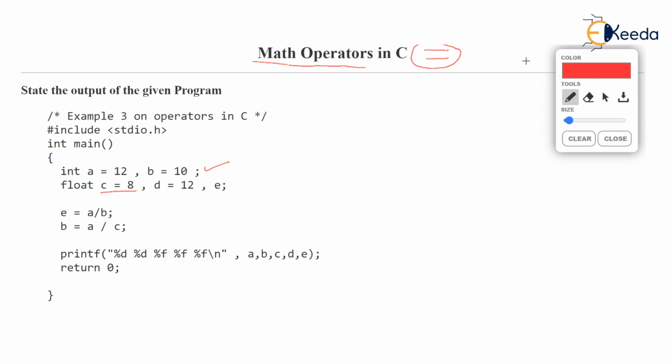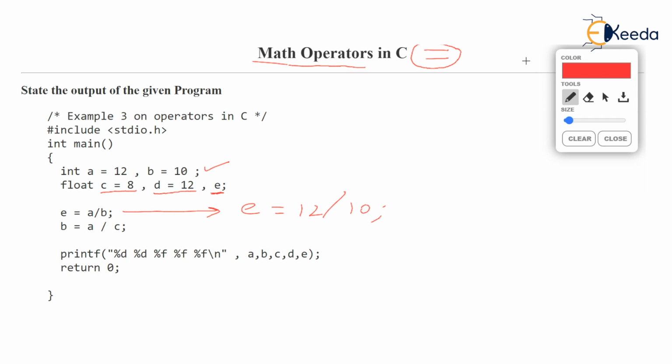Although it is written 8.0, it will be 8.0, isn't it? Because it's a float. And d is 12.0 and e is a variable of type float. Now look at this line. This is e is equal to 12 by 10. Now this is many times confusing